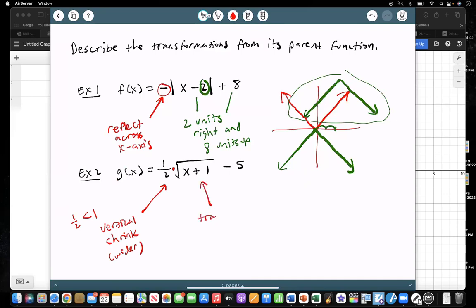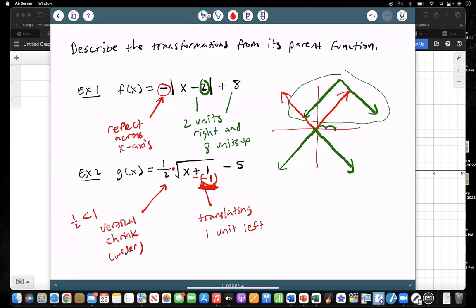translating it. I didn't write it with the first one, but you should either write translating or sliding. Shifting is okay too, but I like translating or sliding better. So this will be 1 unit. Okay, so note this is a positive one, so that means that came from a double negative, right? Since it's x minus, so my h here is -1, which means it's going back 1, so left 1